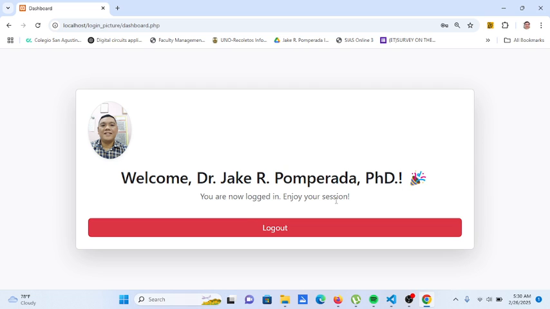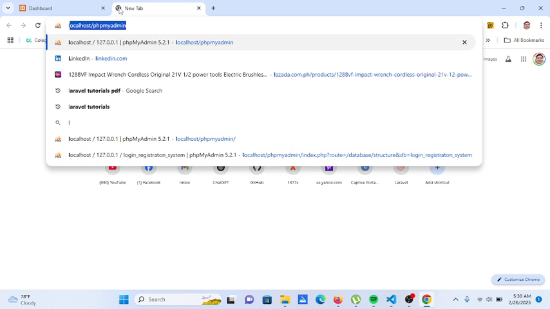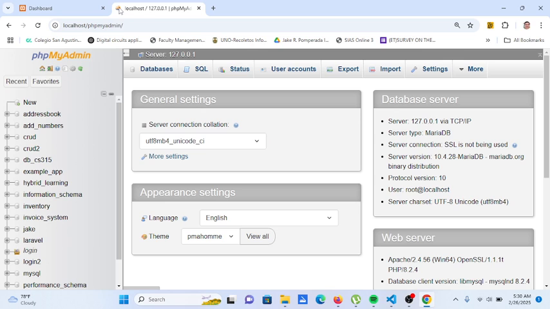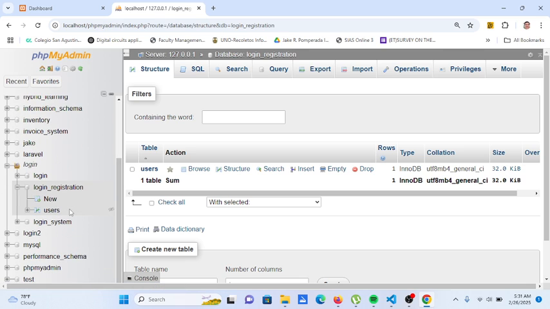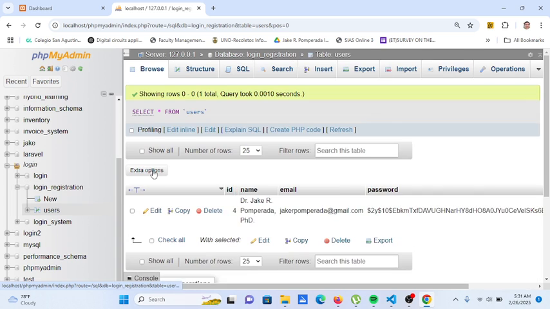Enjoy your session. Now, what I was trying to say earlier, for security, let's go to our database, login system. User.